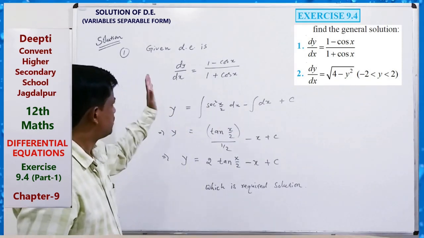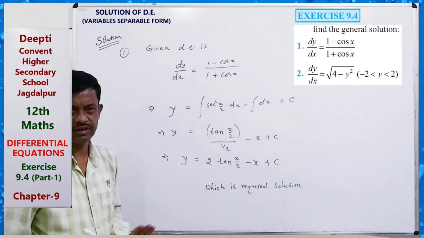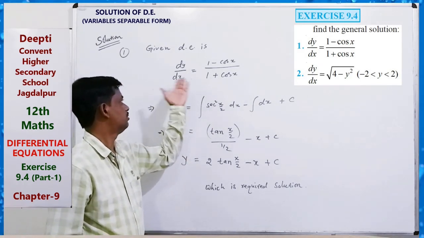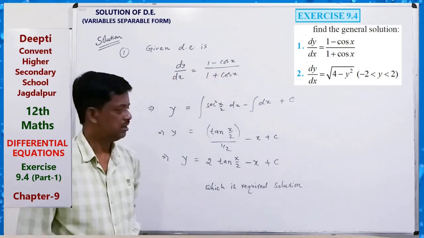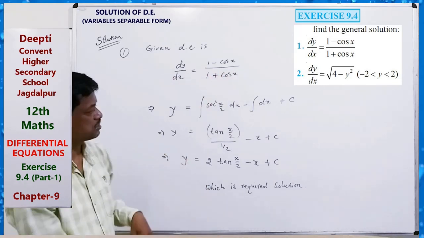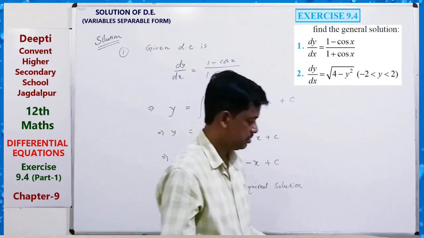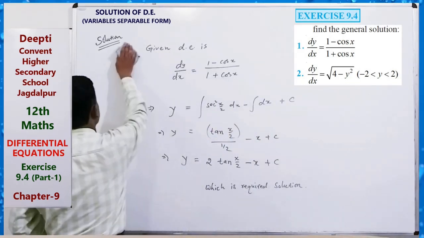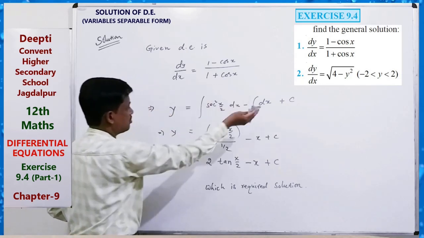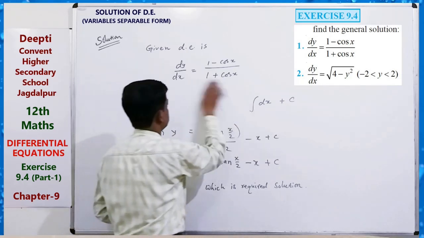So for separable form, first of all just identify whether the function is separable or not. Only a function of x, that is separable, so separate it, integrate both sides and add a constant on either side. Generally we add the integration constant on the right hand side. Clear?